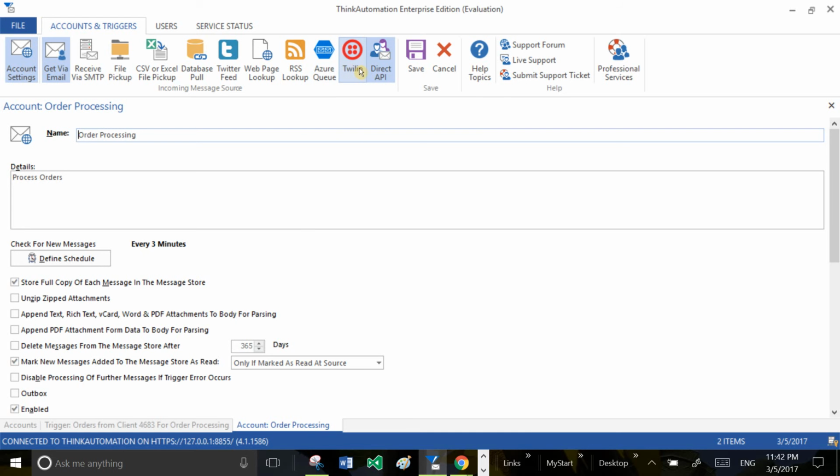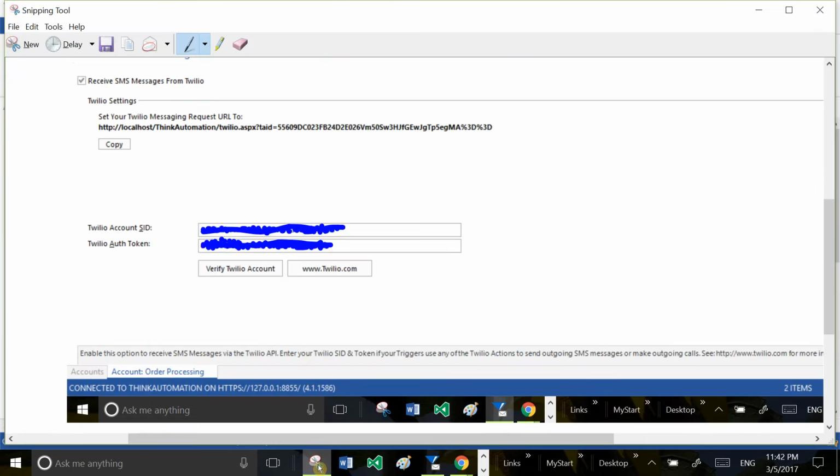So when you click on Twilio, you will see this screen, and this is actually a snapshot of the screen because I have to block out the Twilio account ID, SID, and Twilio authorization token. So you will initially get two empty fields here,